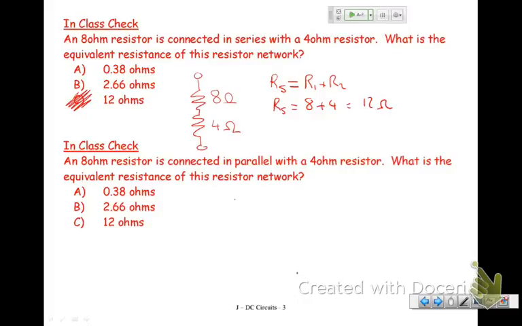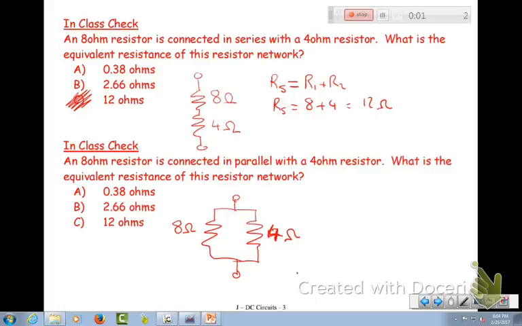An 8 ohm resistor is connected in parallel. Oops, it's 4 ohms, sorry. And what is the equivalent resistance of this resistor network? Can you get that for me, please? So R parallel equals